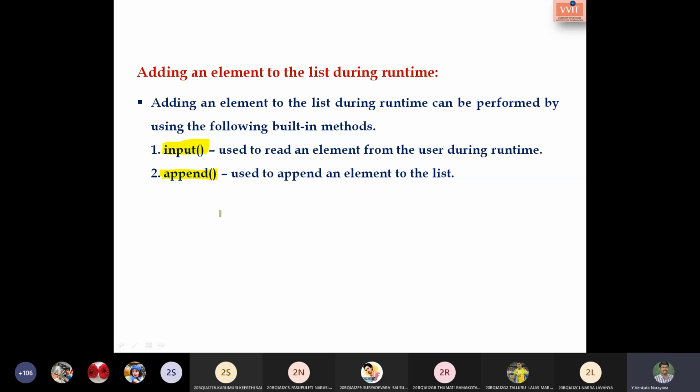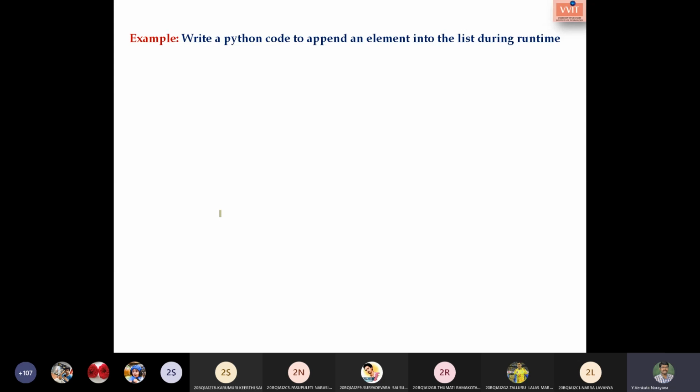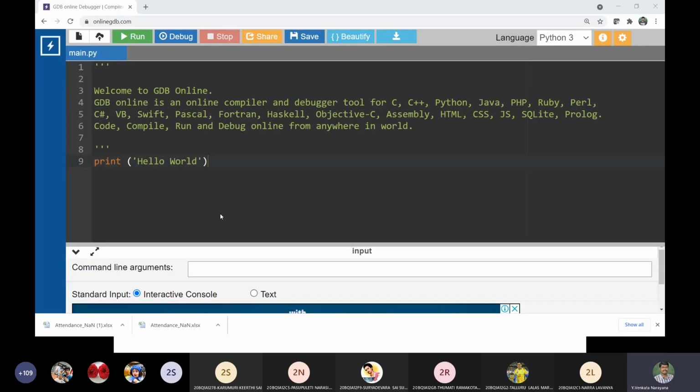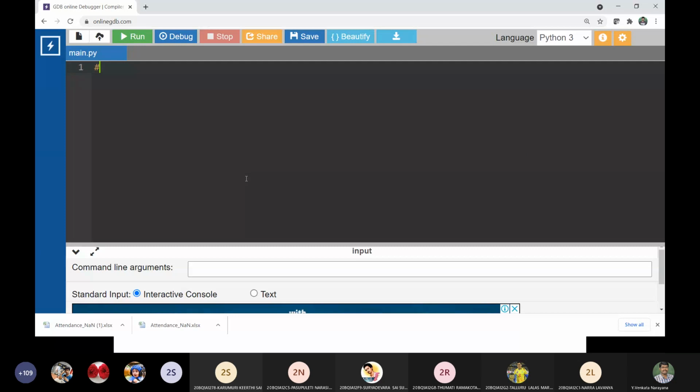Let us discuss how to append an element into the list during runtime. For this reason, I am opening an online compiler. Students, is that viewable? Yes, sir. So adding elements into the list during runtime is my program.